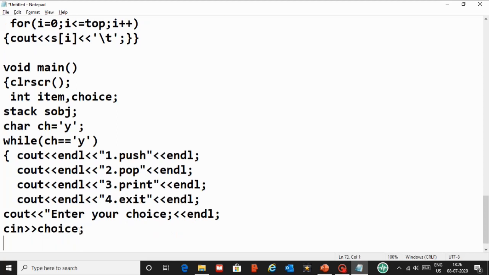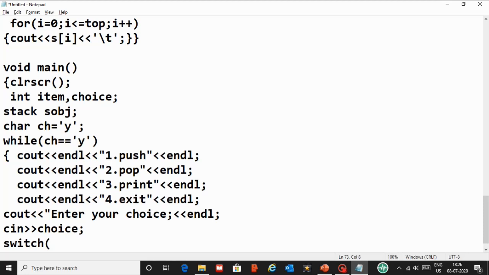The user can enter 1, 2, 3, 4, or he can enter any other number. What is the case I should use? Multiple choices, so I can use a switch case. And this is only for integers, so switch case works well with an integer or one single alphabet, right? You cannot use float values in the case. So switch,